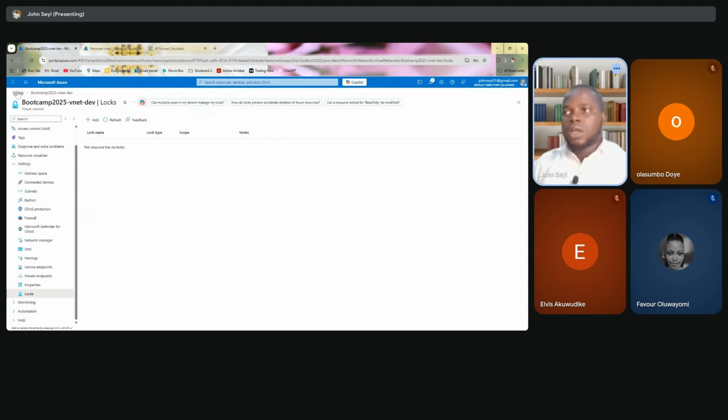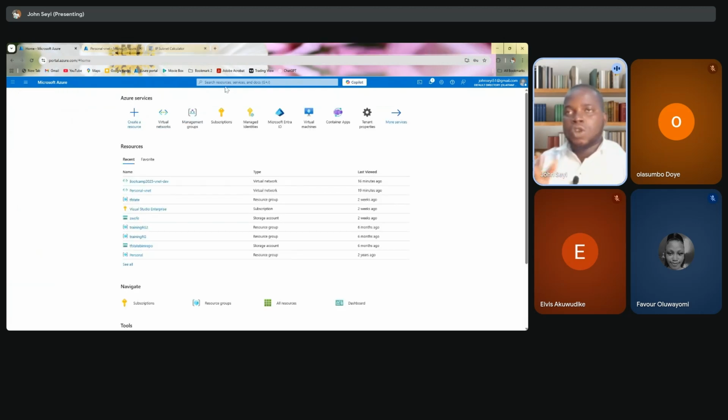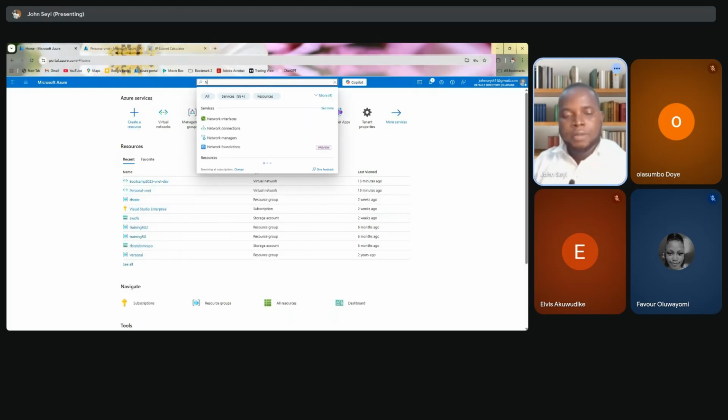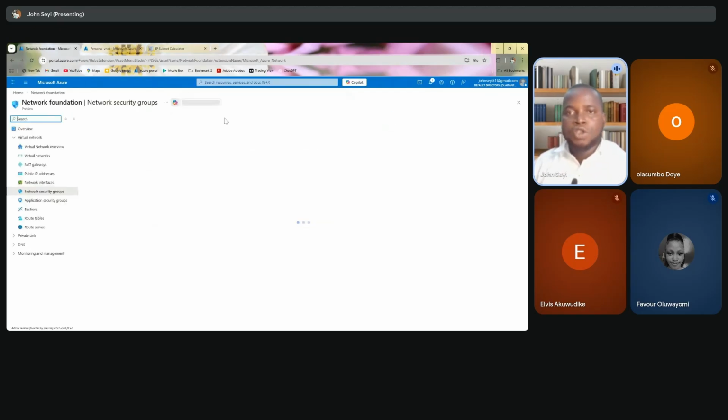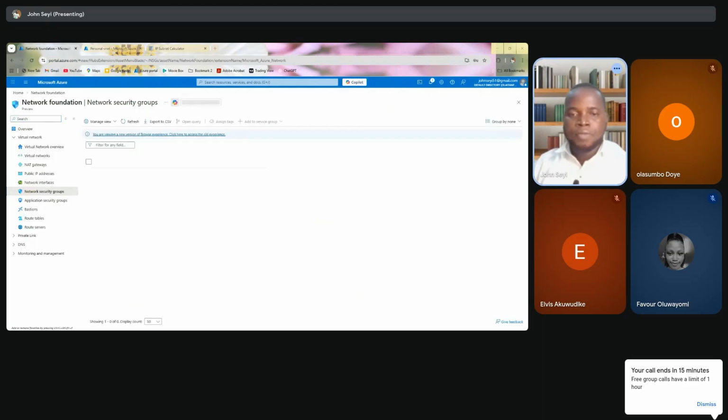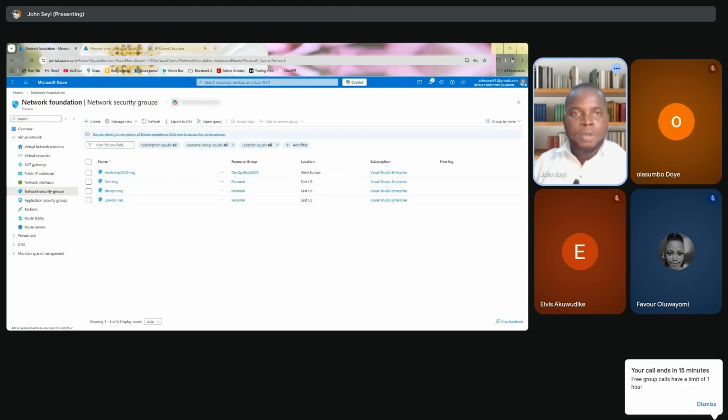What NSG does. NSG is just the little term for network security group. So let me just search NSG, network security group. I want us to look at our time. I want to give you an overview of what the network security group does and how